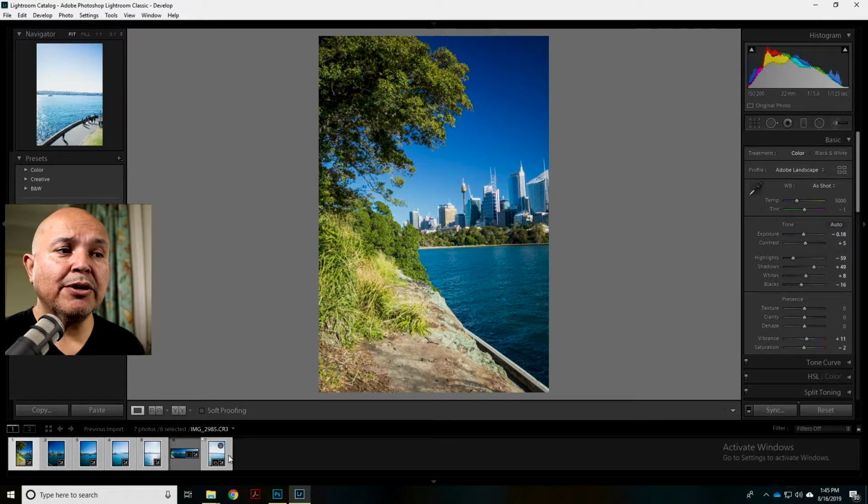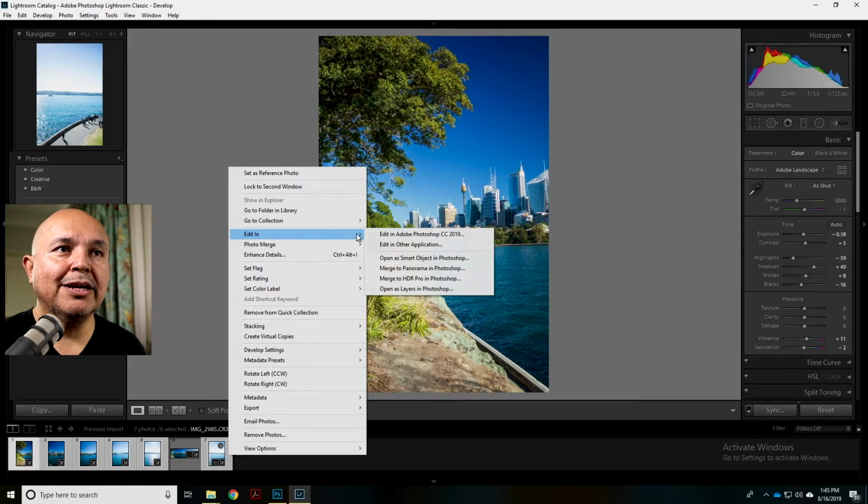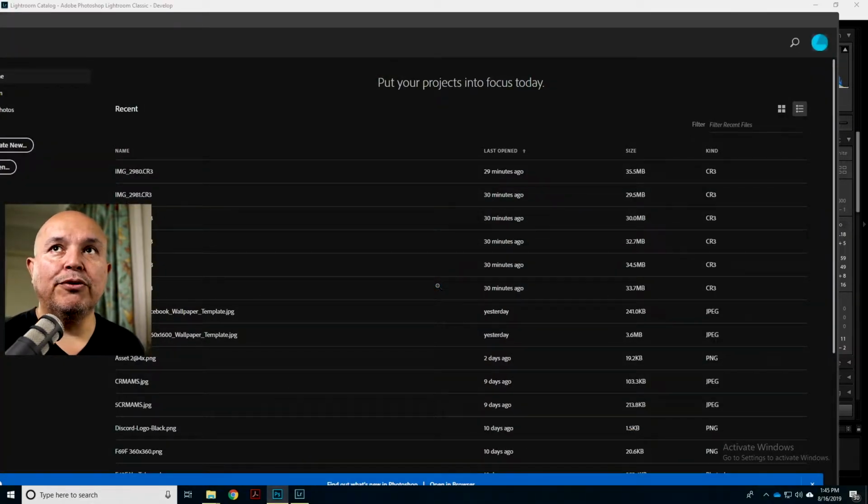And so I'm going to select the pictures again. I'm not going to include the pano, just the pictures. And I'm going to do a right click, and then instead of hitting photo merge, I'm going to click on edit in, and then we have merge to panorama in Photoshop. All right. So I'm going to hit the click, and what that's going to do, it's going to launch Photoshop,